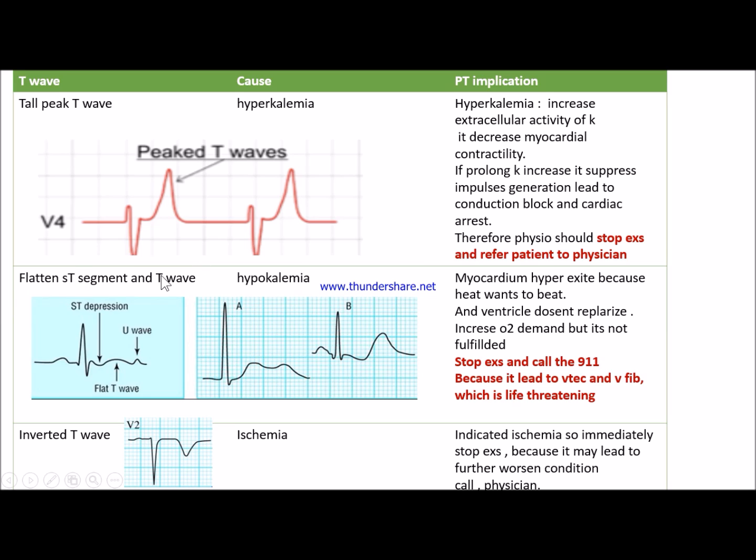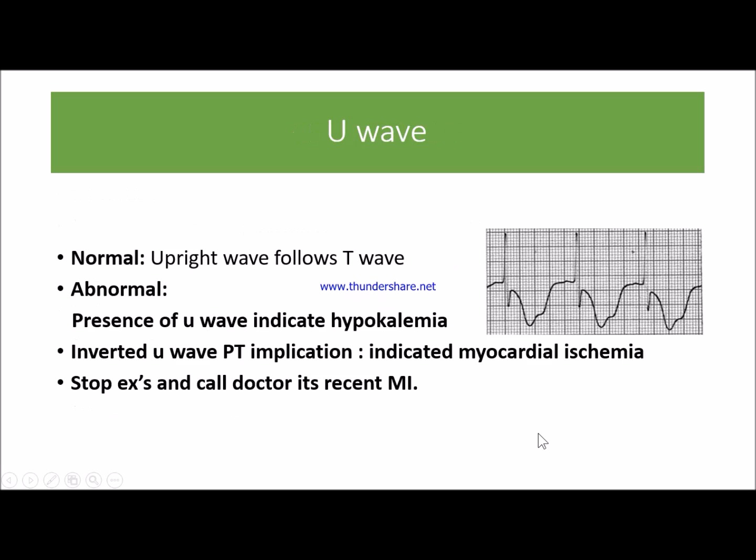If there are ST segment or T wave changes, for example a depressed ST segment or flattened T wave, there will be hypokalemia. The myocardium is hyperexcited because the heart wants to beat and the ventricle doesn't repolarize. So there is increased oxygen demand but it is not fulfilled. Because of this, the patient is feeling breathlessness and trying to catch the beat. So this is very life-threatening. It may lead to ventricular tachycardia or ventricular fibrillation. So we need to stop exercise, call 911 and the physician as well. If there is a